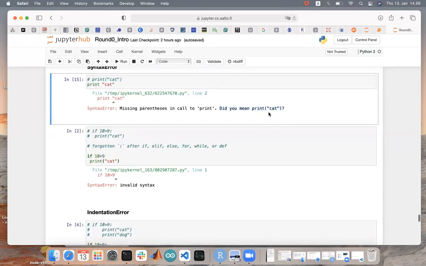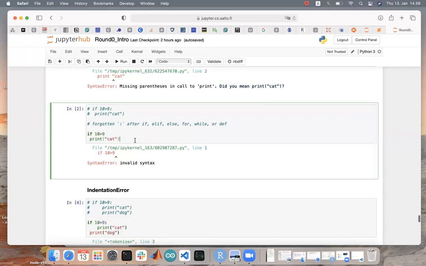Sometimes this is not that obvious, and usually you don't have suggestions on how to fix your code. Here we can see that the colon symbol is forgotten, and we need to put it after the statements if, elif, else, for, while, or def.